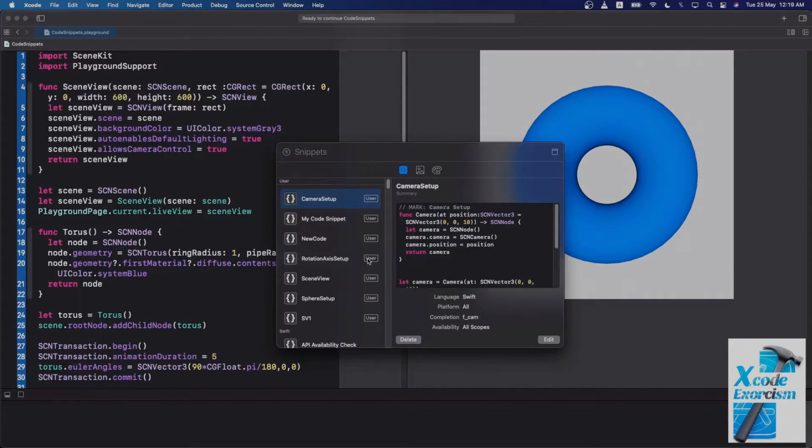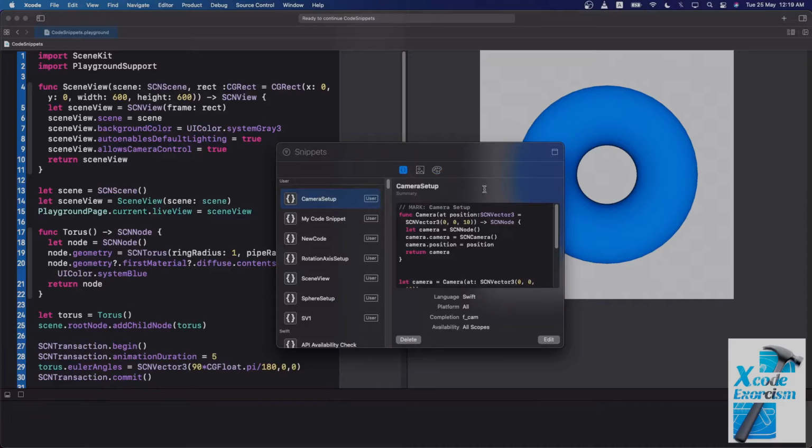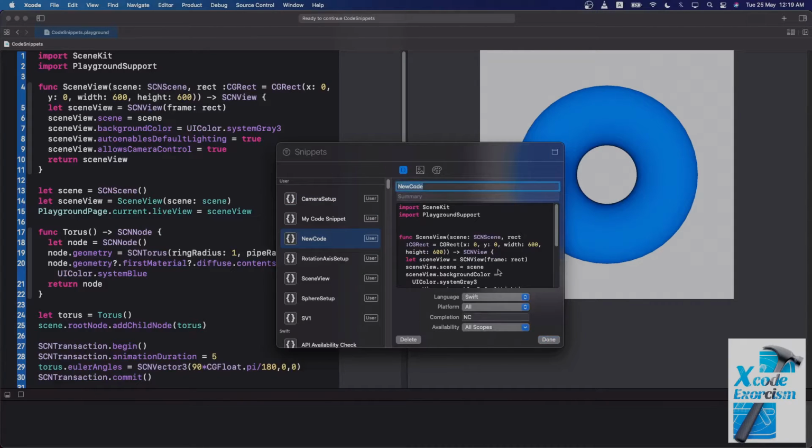There is no demo option here. Now, there is no direct option to create a code snippet from this window. There is no option whatsoever. I have tried multiple things. Here there is no add or subtract; you have delete and edit options. I can select one and edit my existing one, but there is no new code snippet which I can add directly from here. So there has to be a different way.